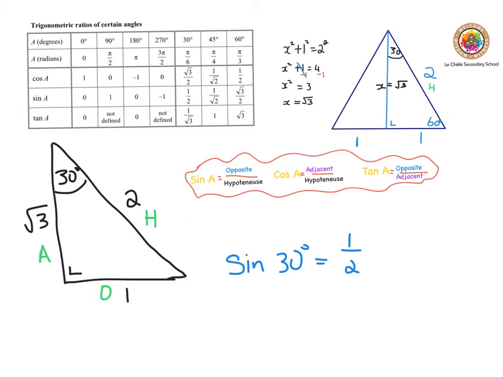Okay, I'll have a look now at cos. So cos of 30 degrees, and that's going to be the adjacent. Well, the adjacent in this case is root 3, and that's over the hypotenuse, which is 2, so root 3 over 2. Okay, and then back to tan. Well, I know that tan is equal to,